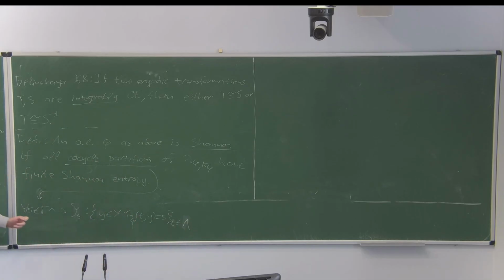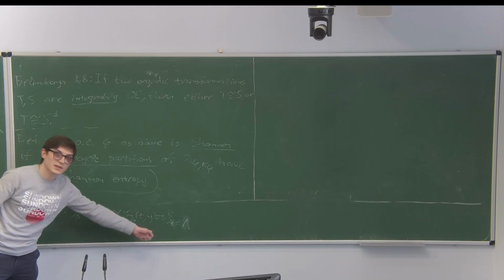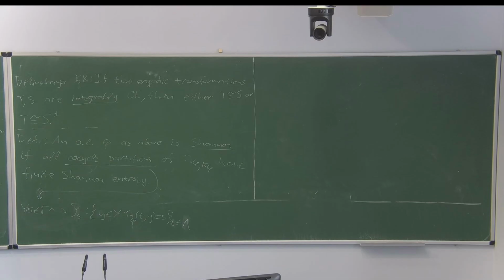So for every element in gamma, you get a partition of your space indexed by elements in lambda, and of course you can play the other game. If you ask for every one of those partitions plus the partitions that you get from kappa to have finite Shannon entropy, as was defined in Hanfeng's lectures,